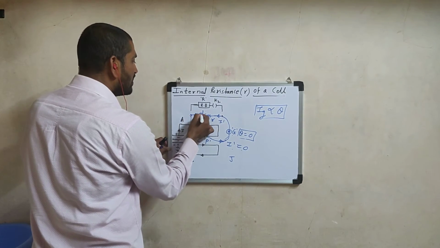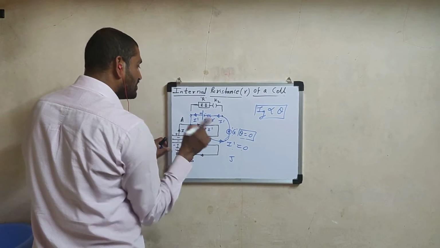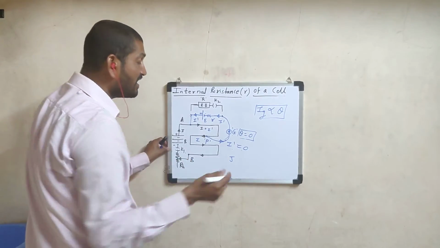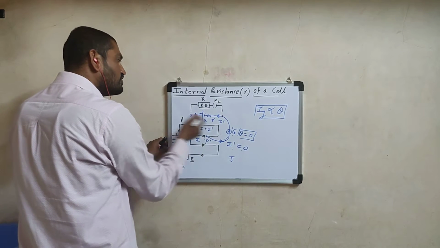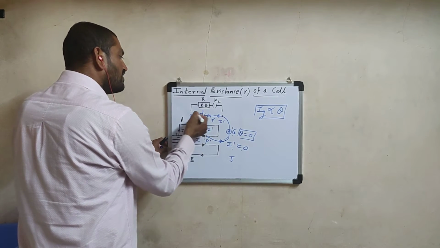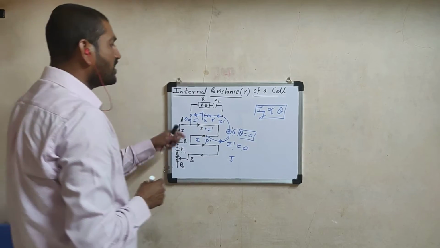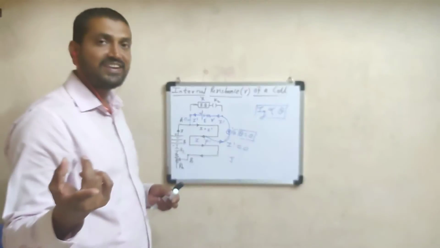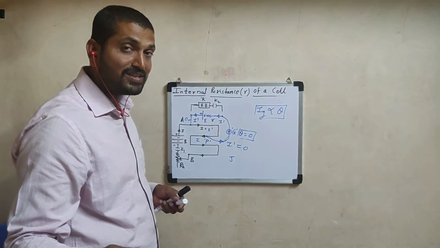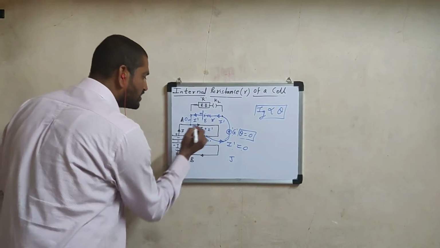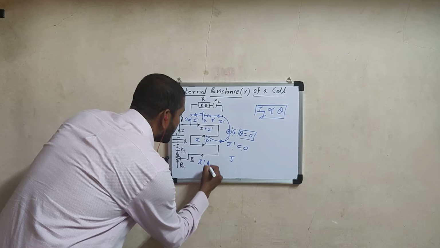It means that zero current is returned, but the general rule of each and every cell is that whatever current is drawn from the positive terminal, the same current is returned. So no current is returned, it means that no current is drawn. It means that I dash is zero. What does it imply? Yes, the cell is open circuit. Now, as soon as this point is obtained, measure the length between point A and P.